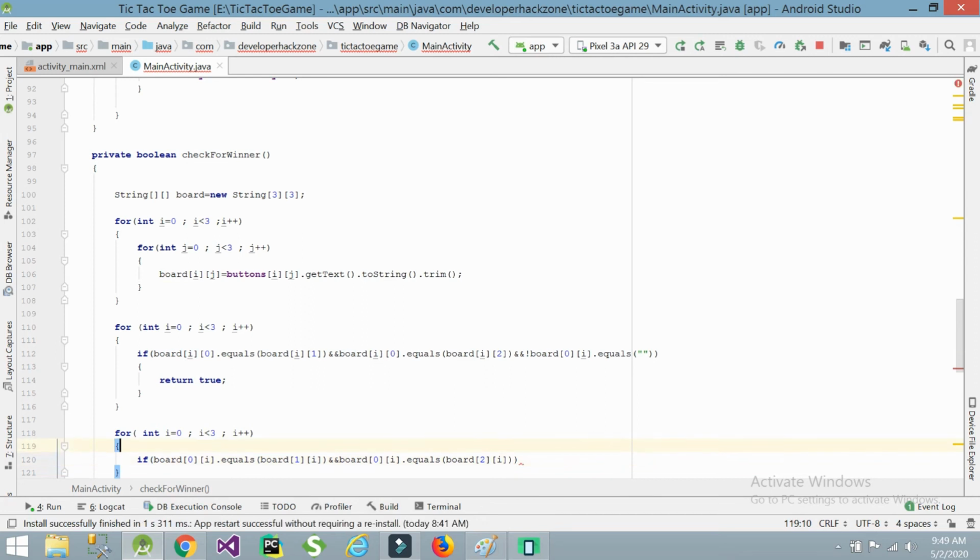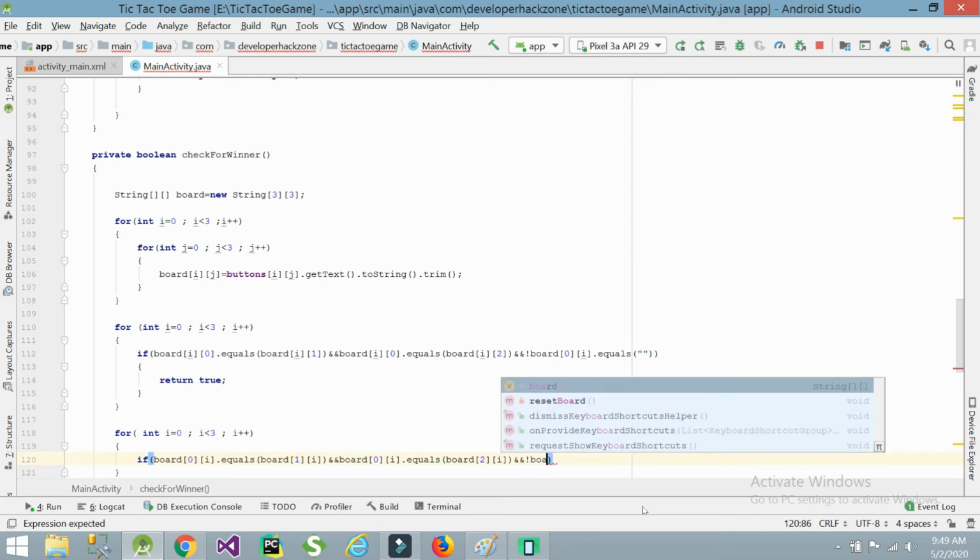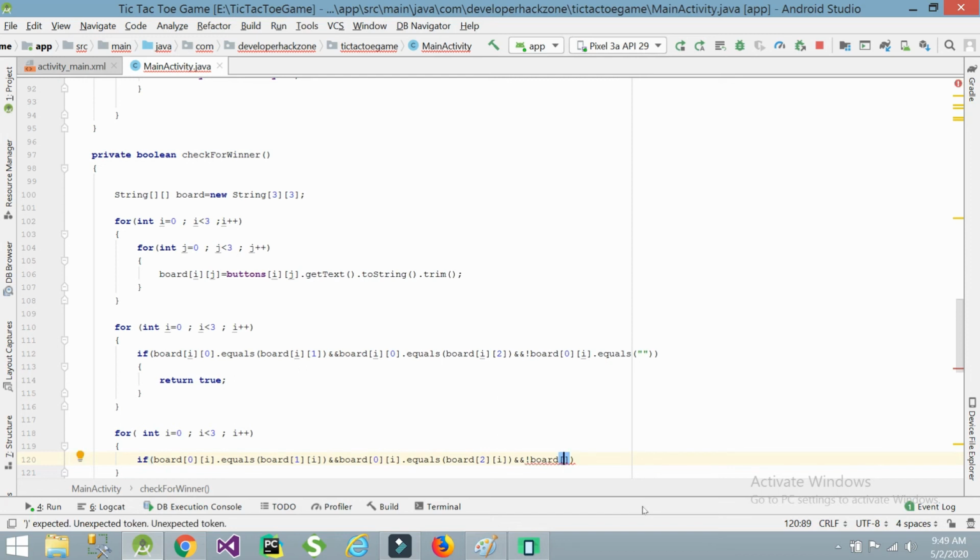Okay, next also we need to check one more condition here, like is it empty: not board of 0 i dot equals of empty.